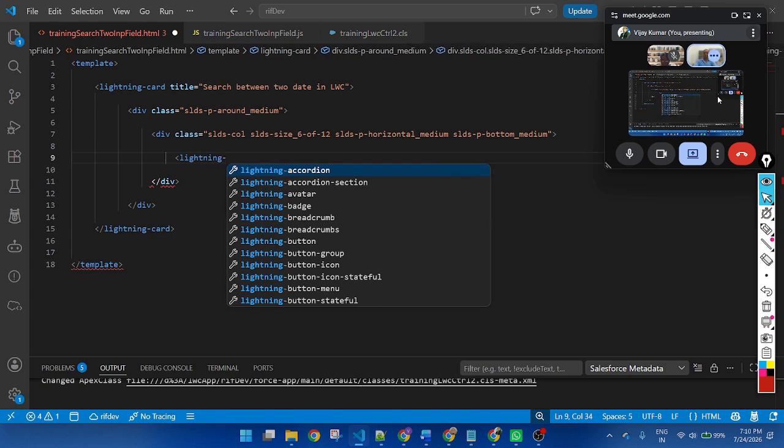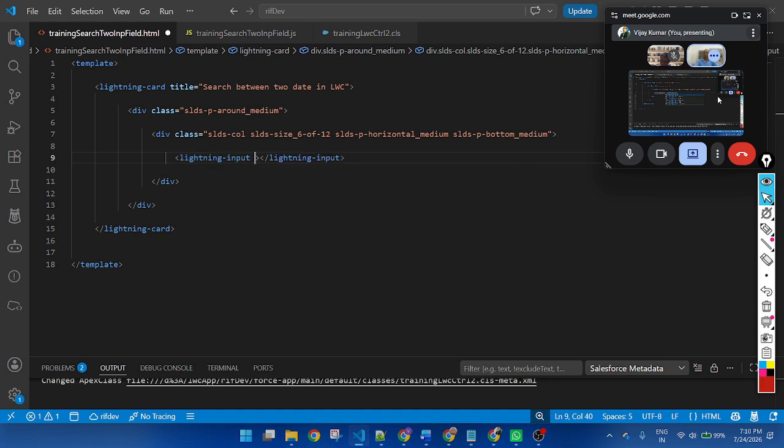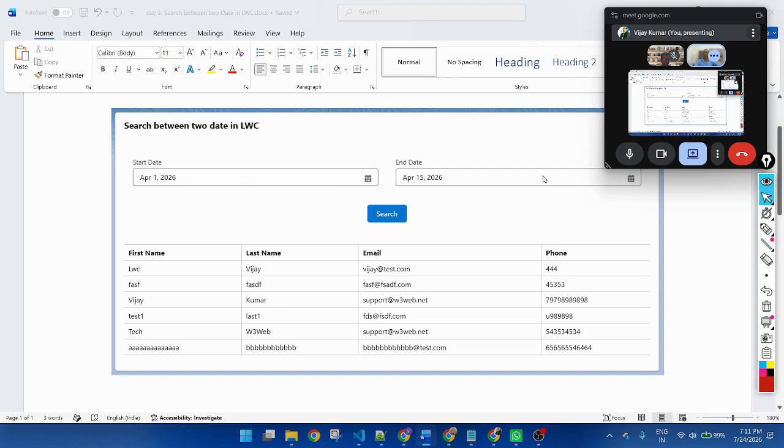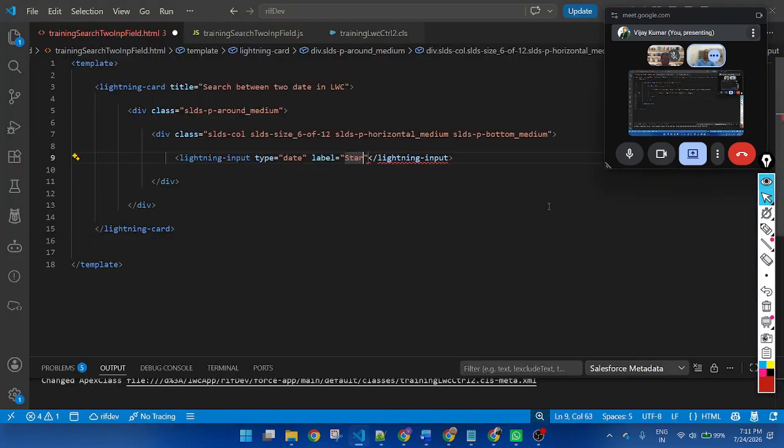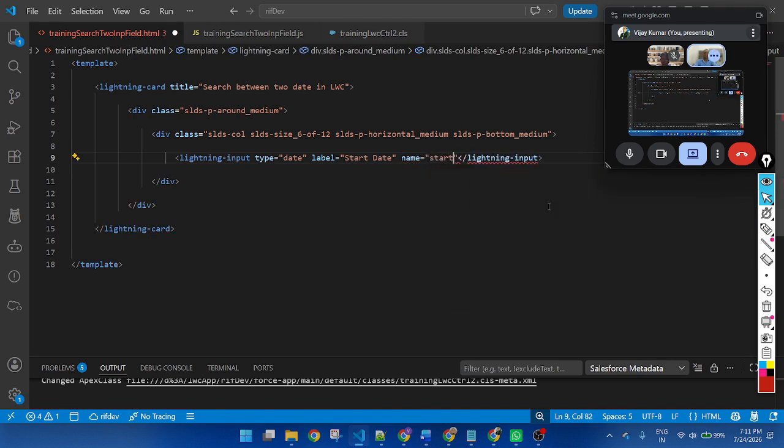Lightning input, and the data type will be date, type equal to date. Then the label will be start date, and the name start date. And